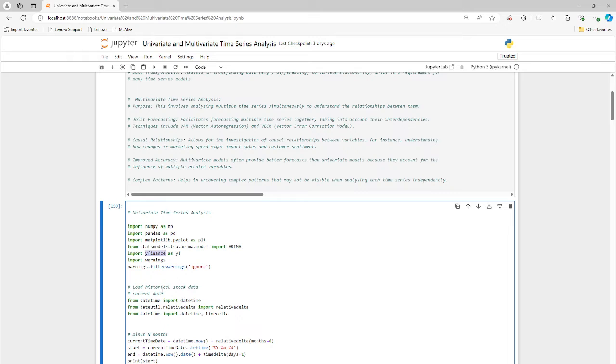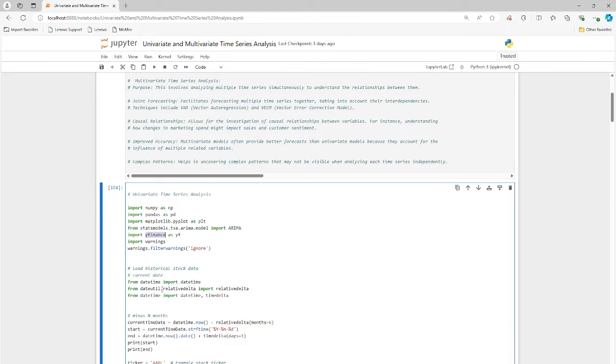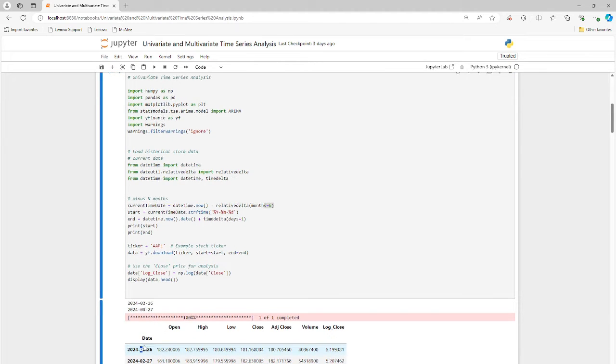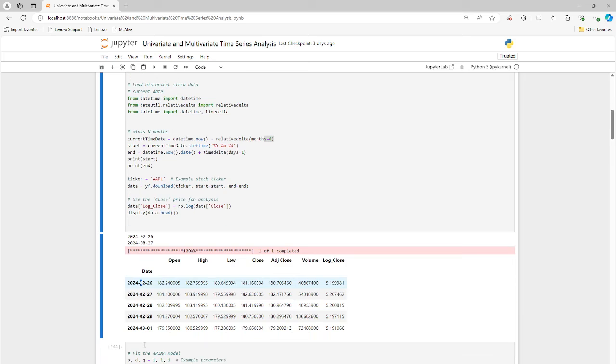So we load the historical stock data, right? We went back, in this case, 6 months from today. I'm getting the time now. If you look at the mouse, I'm looking at the time now, and I'm going back in time 6 months. So we go back to February 26, 2024, and today is August 26, 2024. So there is the 6 months, right? And you can see I'm printing the begin and end date. The begin date is 2/26, and the end is